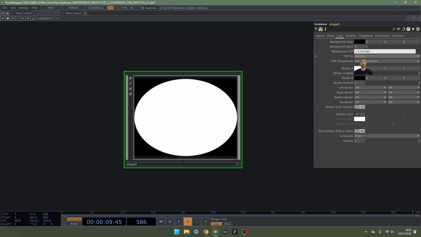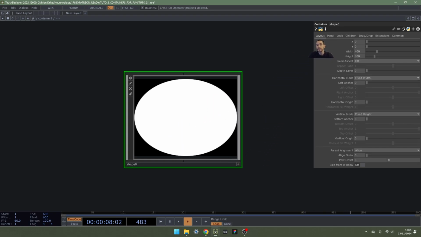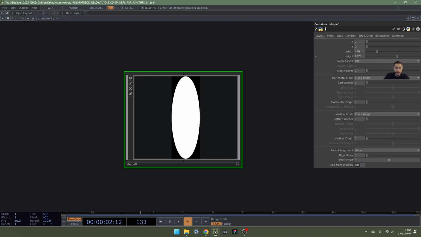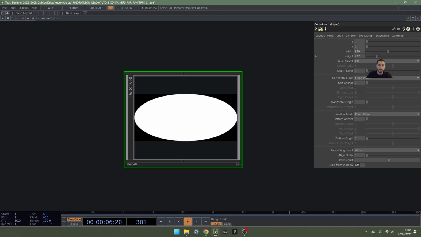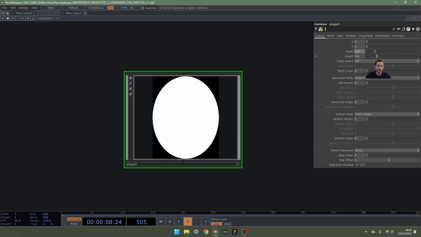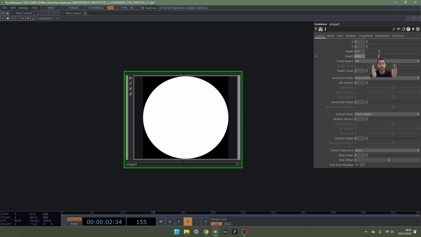So now it took circle 1 and displayed it in the background, and it's squished a bit like the shape. No worries, we can go back in the layout, and now we see that we have width and height, and we can arrange the right width and height. And it just stretches the circle.